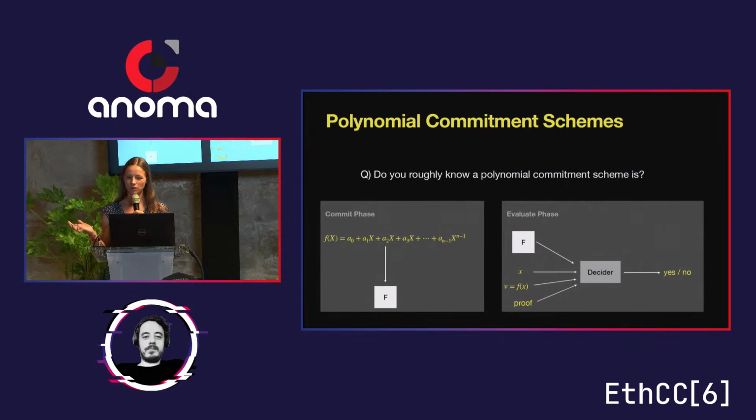From a technical standpoint, there are two phases. There's a commit phase where you generate that small token that says the data exists. And there's also an evaluation phase, which says, this function outputs this value, which can be computed by the person who knows the data and knows the function. And a decider is just going to take that and say, do I believe you or do I not? So that would be the evaluation phase.